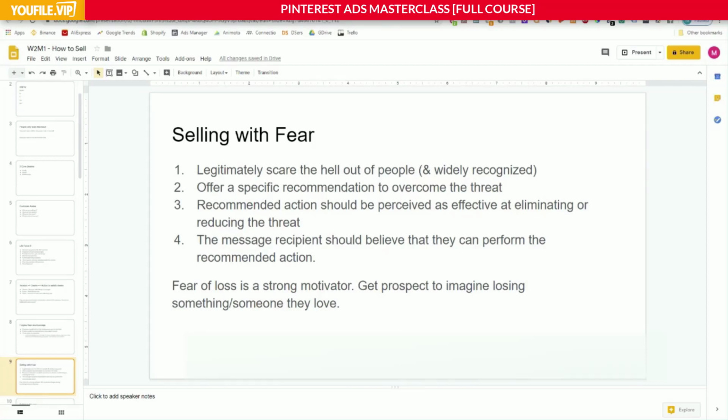They're probably not that worried about protecting themselves from that, so that's not a good angle to go with. It should be something that people already are aware of. And it should legitimately be something that really scares people, because otherwise they don't have any incentive to actually solve the problem. So that's one way that I see fear selling being misused, is when